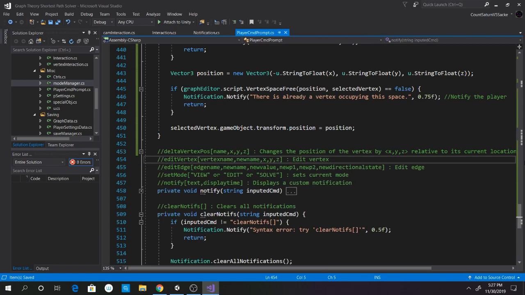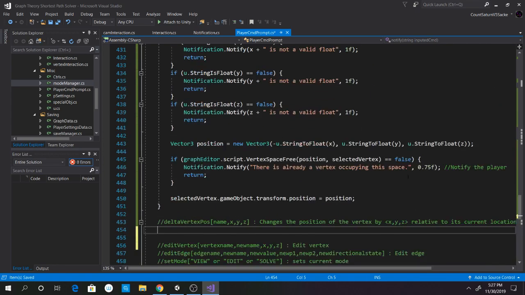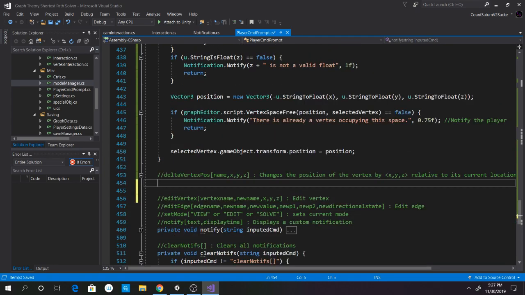Now this one you might think sounds like a weird name, but it's not. It's in reference to the delta x whenever you have a variable that changes by